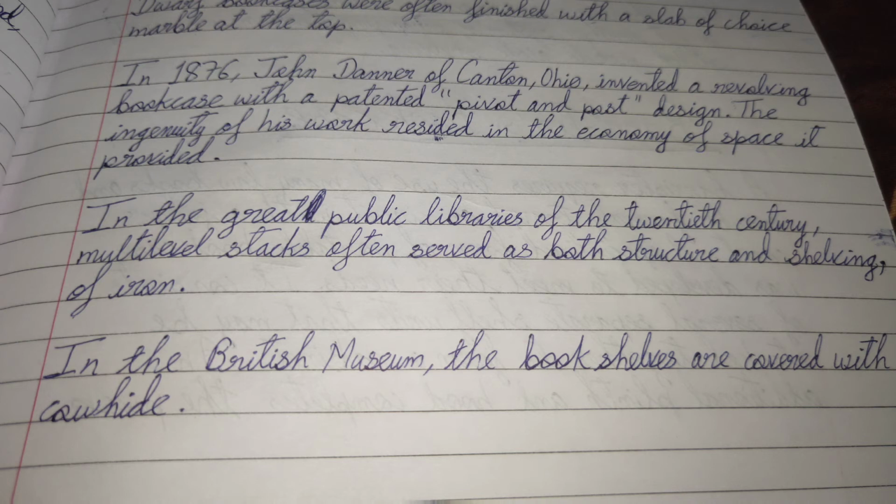In 1878, he exhibited his bookcases at the Paris International Exhibition and won a gold medal. The John Danner Manufacturing Company was known for honorable workmanship and affordability, and the woods were oak, black walnut, western ash, and Philippine mahogany. Viewed as a progressive businessman, Danner was credited with drawing a large trade and business to the city of Canton. In the great public libraries of the 20th century,